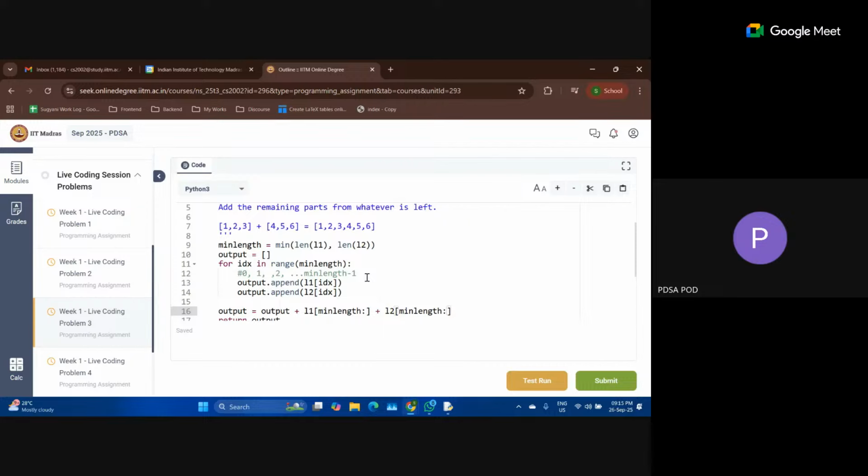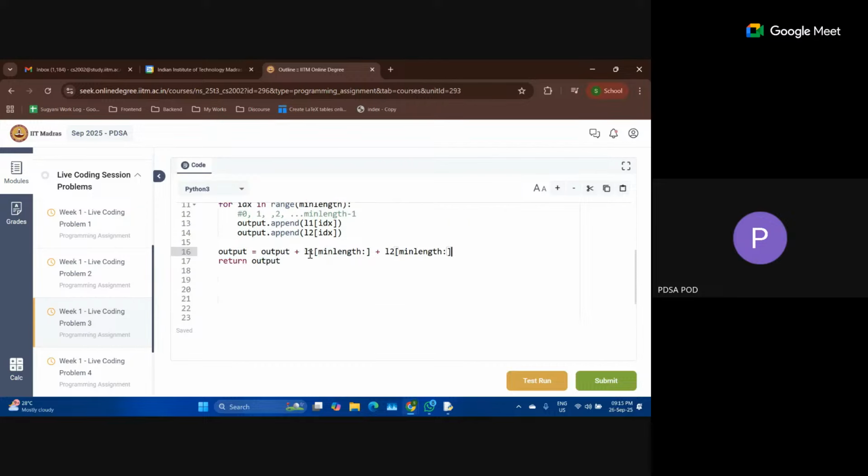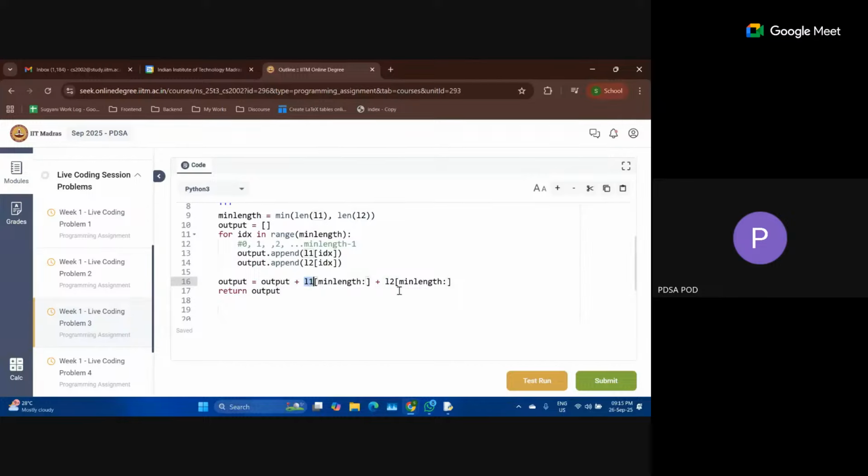I don't know whether L1 is exhausted or L2 is exhausted, but I know that min length is some index, whatever it is, 5 or 10. So from this 5th index onwards, whatever is there in L1, you append it. From this 5th index onwards, whatever is there in L2, you append it.